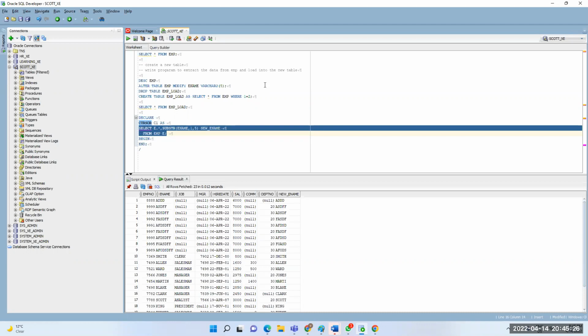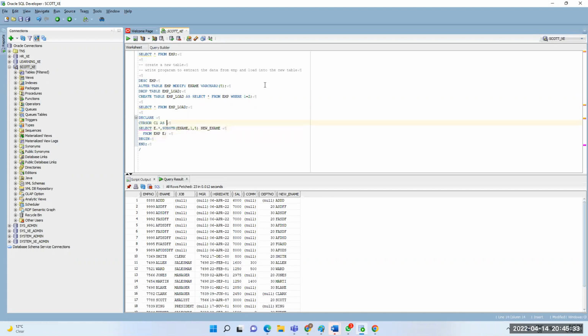See here, the last column has 5 characters.